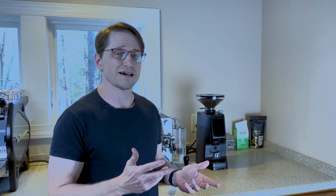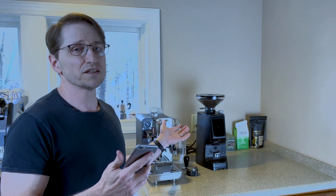And the way it does that is it has an application which runs on your phone called TrueGrind, which connects via a database directly to your grinder. So that way you can choose the coffees that you want to dial in, and it offers an initial grind selection, which will get it within the ballpark that you can then fine tune. Let's go ahead and take a look at that application and also the calibration that you do to get the